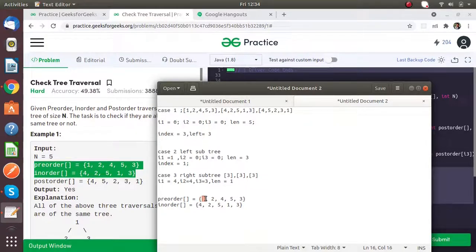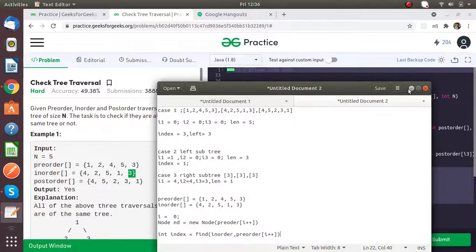You know that the first element of a pre-order is the root element. So we have to find the first element in the in-order array. When we find it, its left part is the left subtree, and its right part is the right subtree. So we do it on a recursive basis.